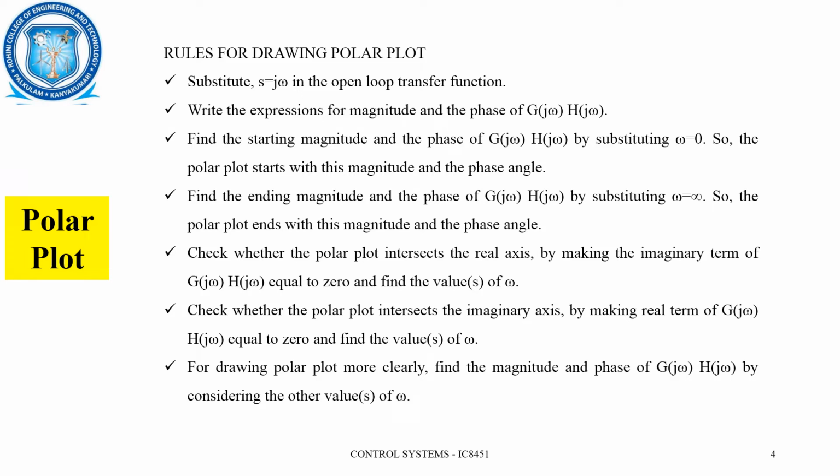Now we can check whether the polar plot intersects the real axis by making the imaginary term of G(j omega) H(j omega) equal to 0, and we can find the value of omega. Similarly, we can check whether the polar plot intersects the imaginary axis by making the real term of G(j omega) H(j omega) equal to 0, and find the values of omega. Now, for clearly drawing the polar plot, the magnitude, the phase angle and the corresponding values of omega have to be